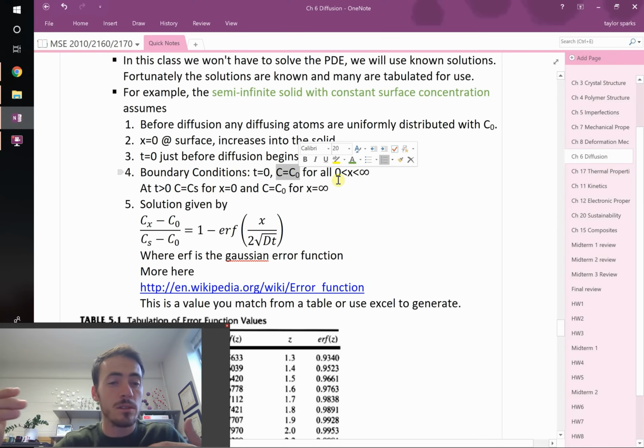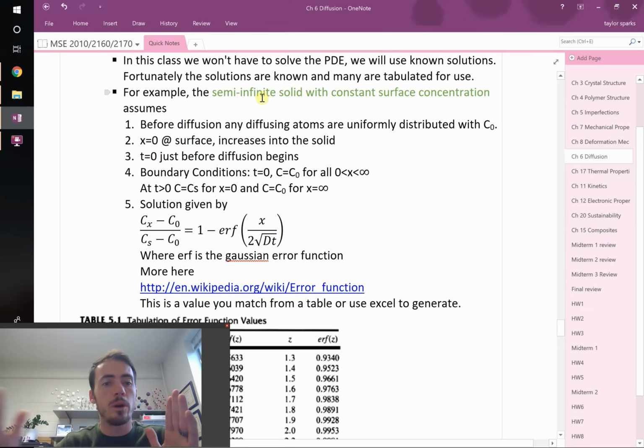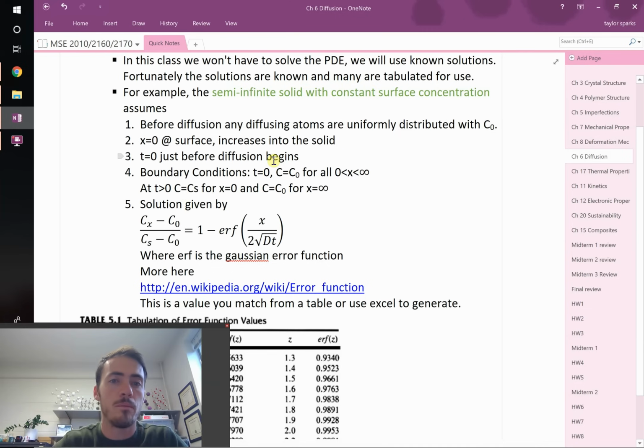And this technically only works for semi-infinite solids. That means that it's a big solid, right? The diffusion distance goes way, way in. That's important. Really, really thin things, it's going to change the solution. So this solution only works for semi-infinite solids. Things where the diffusion distance, which I'll talk about in a minute, is small compared to the width of the sample. Okay. The other boundary condition is that for t greater than 0, so for all times that we're considering,